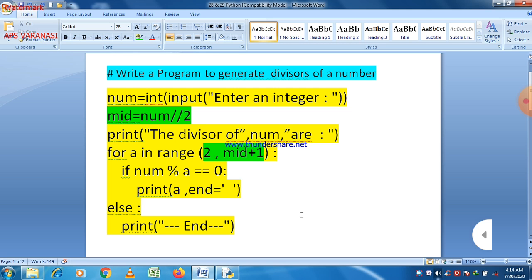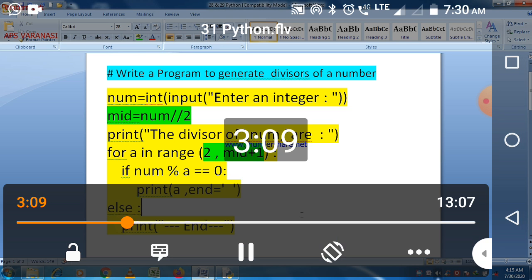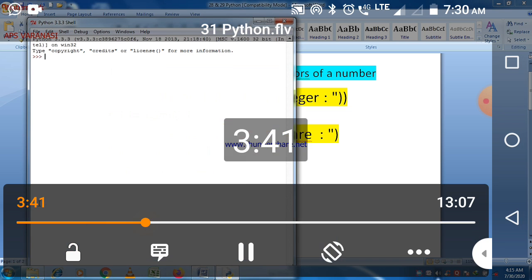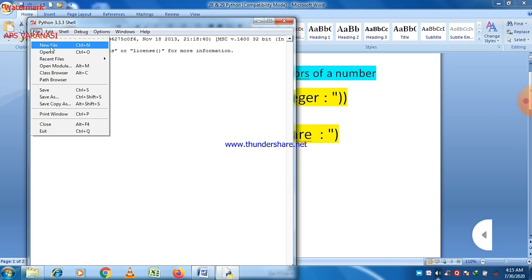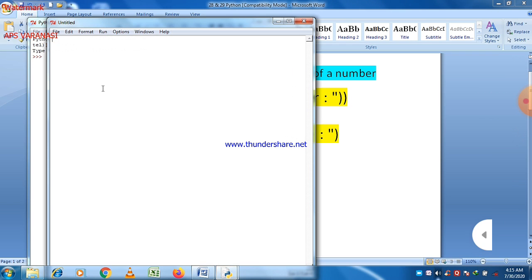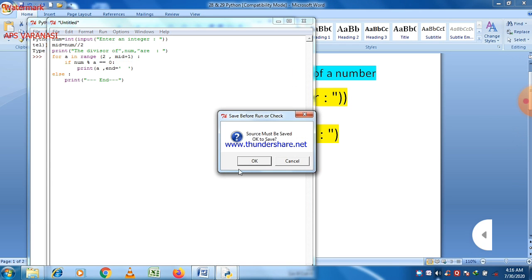Now let us see the output of this program. Just go to Python interactive mode, go to new file, write a program here, save the program, and then try to execute it. F5 is the shortcut key for running this program.